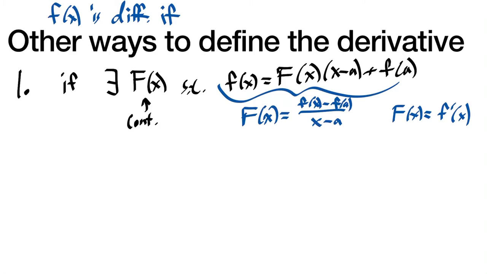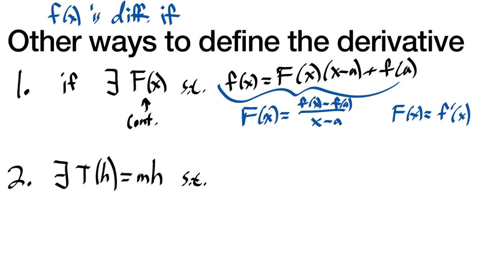All right. So this was one way that the book went about defining the derivative. I encourage you to go look and read the book. A second way that the book defined what a derivative was, they said a function is differentiable if and only if there exists a function t, they used an h, I'm going to use an x, I mean an h, equal to m times h, such that